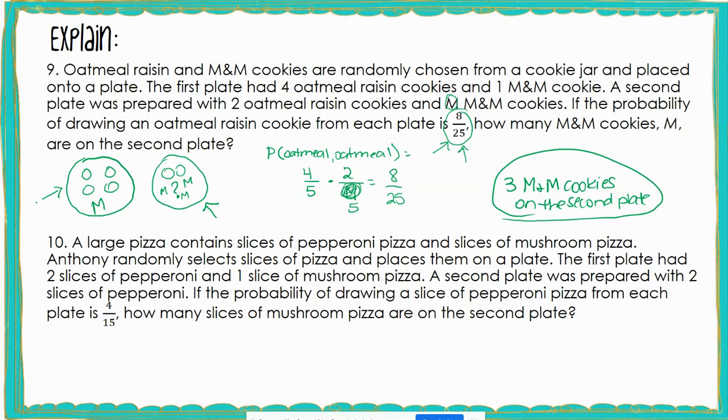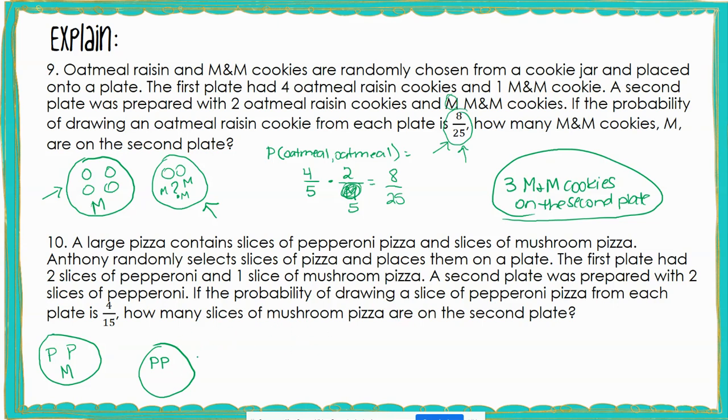This says that a large pizza contains slices of pepperoni and slices of mushroom. Anthony randomly selects slices of pizza and places them on a plate. So his first plate had 2 slices of pepperoni and 1 slice of mushroom. So there are 2 pepperoni and 1 mushroom. A second plate also has 2 slices of pepperoni. If the probability of drawing a slice of pepperoni from each is 4/15, then how many slices of mushroom are